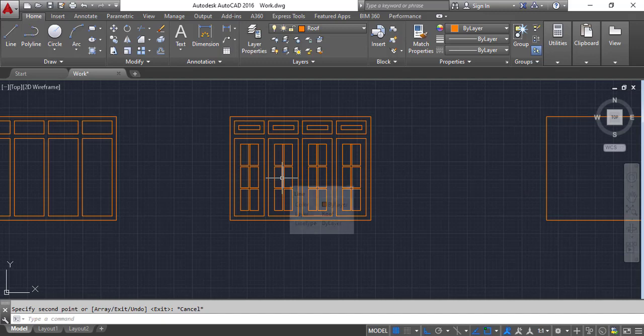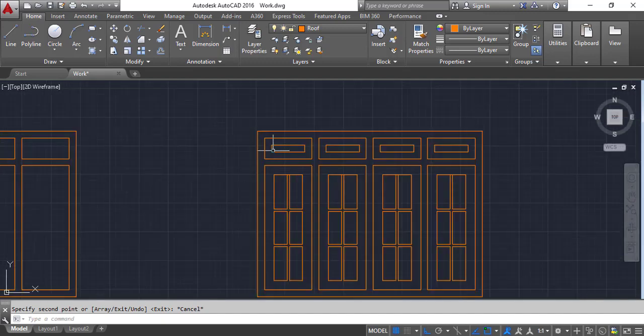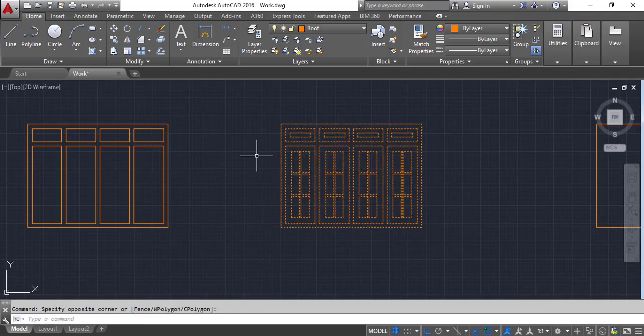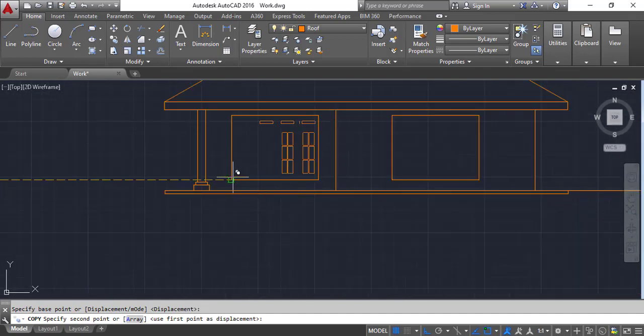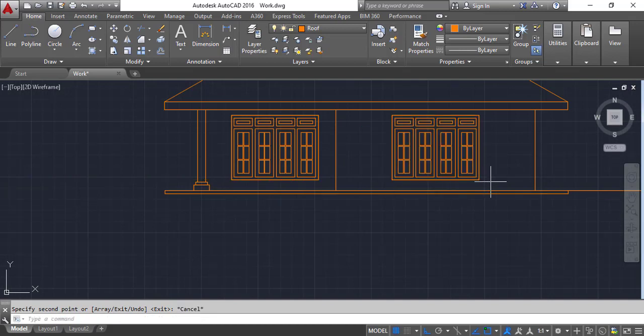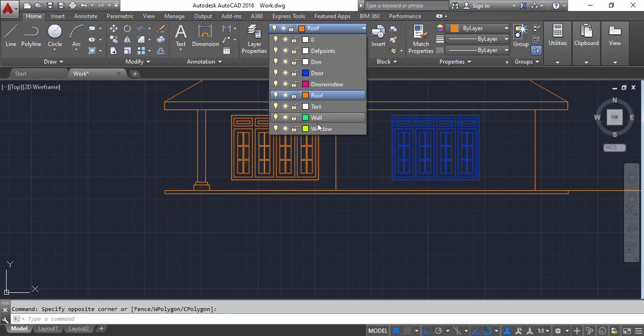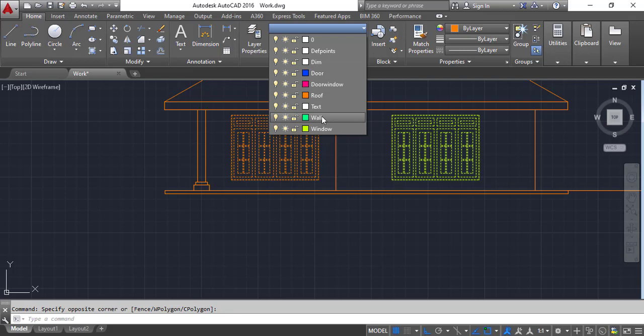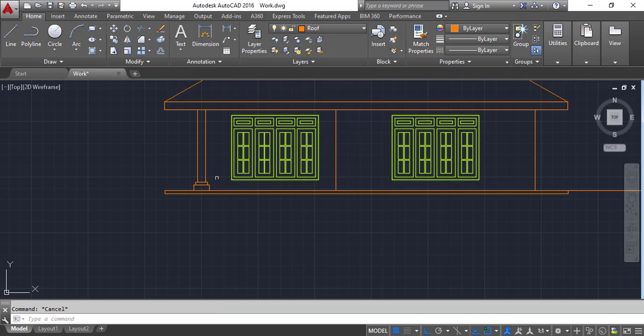My window has finished, or you can make the arch windows, and I'll show you later. Make it copy, and keep here and here. I'm going to change the layer, select this one and change the layer to window, and select these lines to wall,